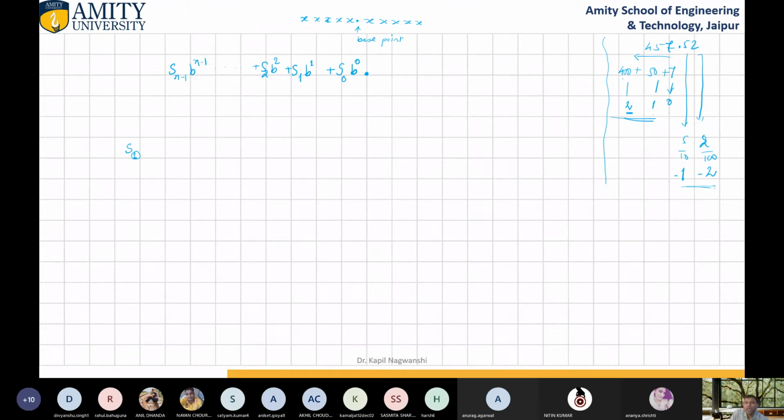This is left hand side, and in right hand side what we need to write, s minus 1 b to the power minus 1, s minus 2 b to the power minus 2, and because this is number of digits, so again we add plus and then plus and followed by s minus m and b to the power minus m. So is this formula understandable? This is expansion formula, and it will always give you number in decimal. Okay, number in decimal system. Any doubt related with this formula?